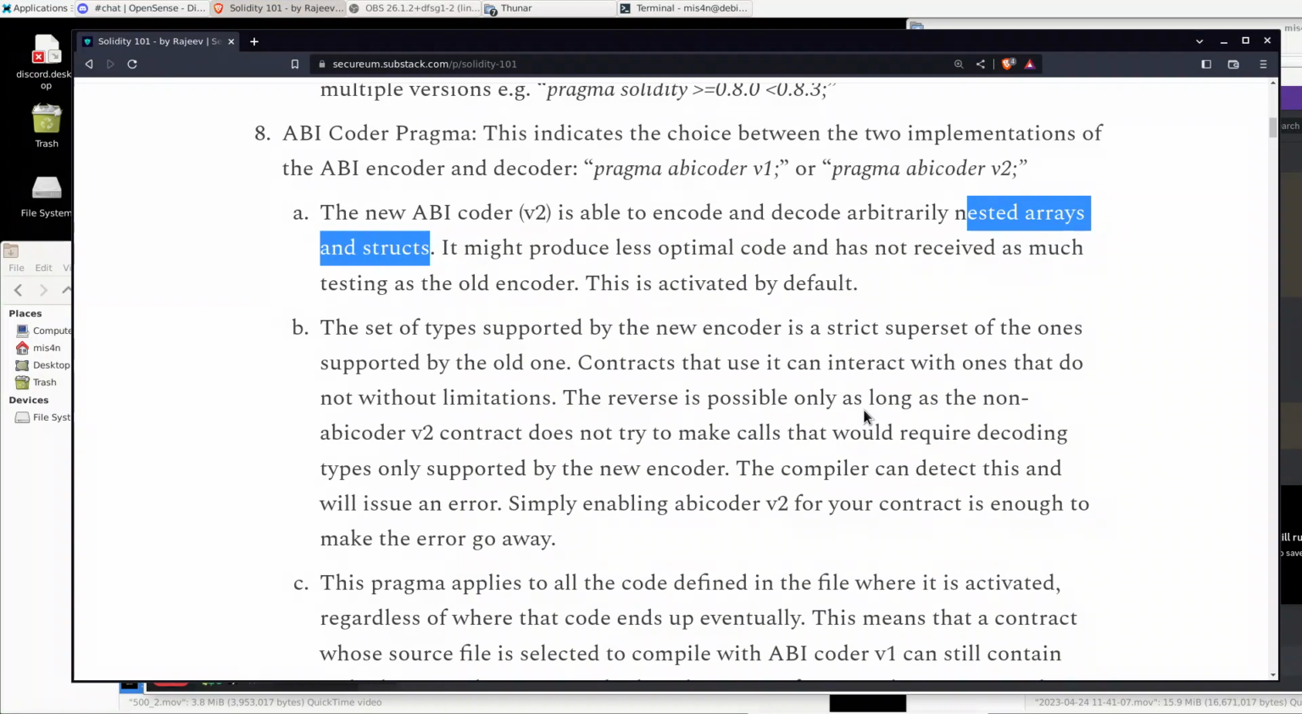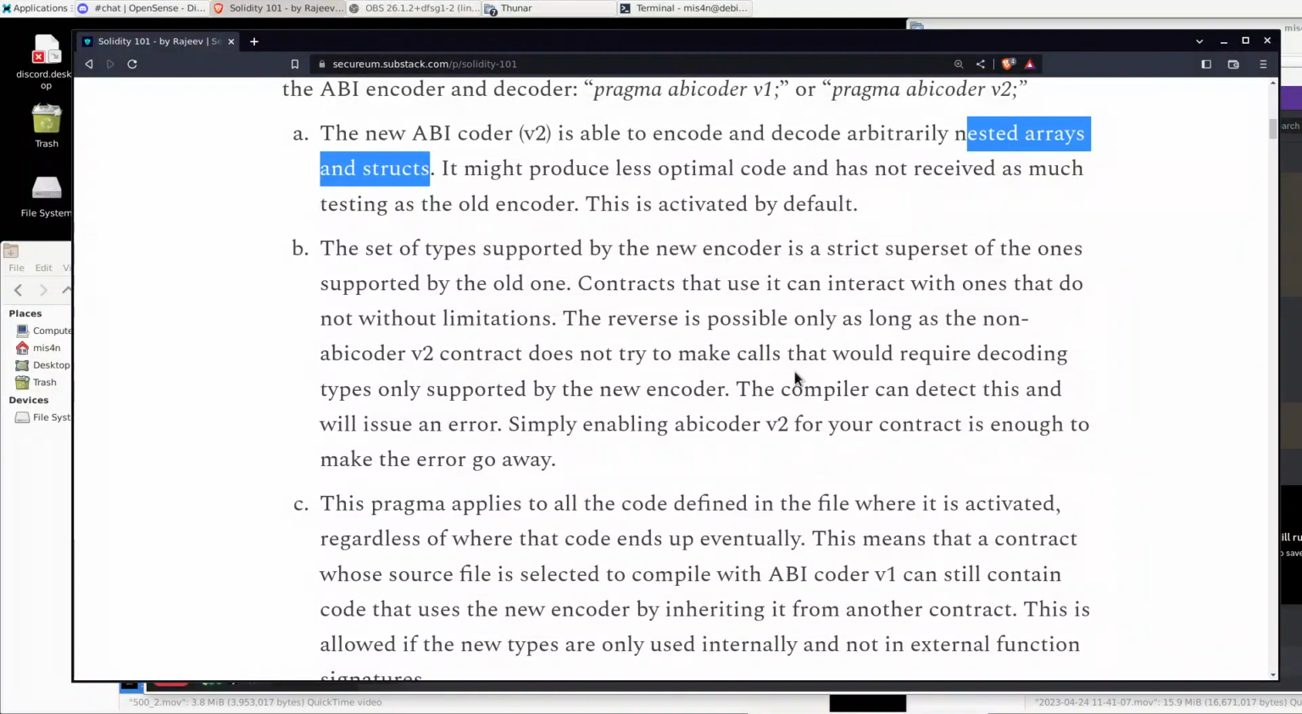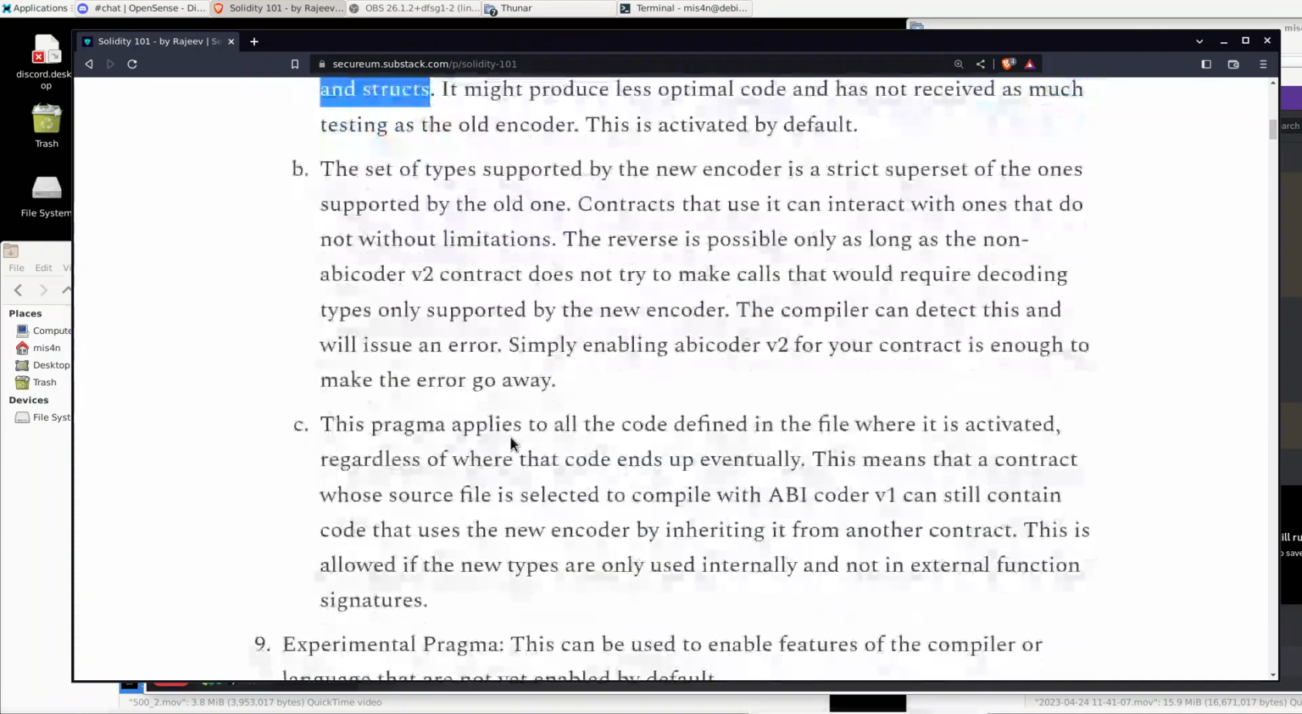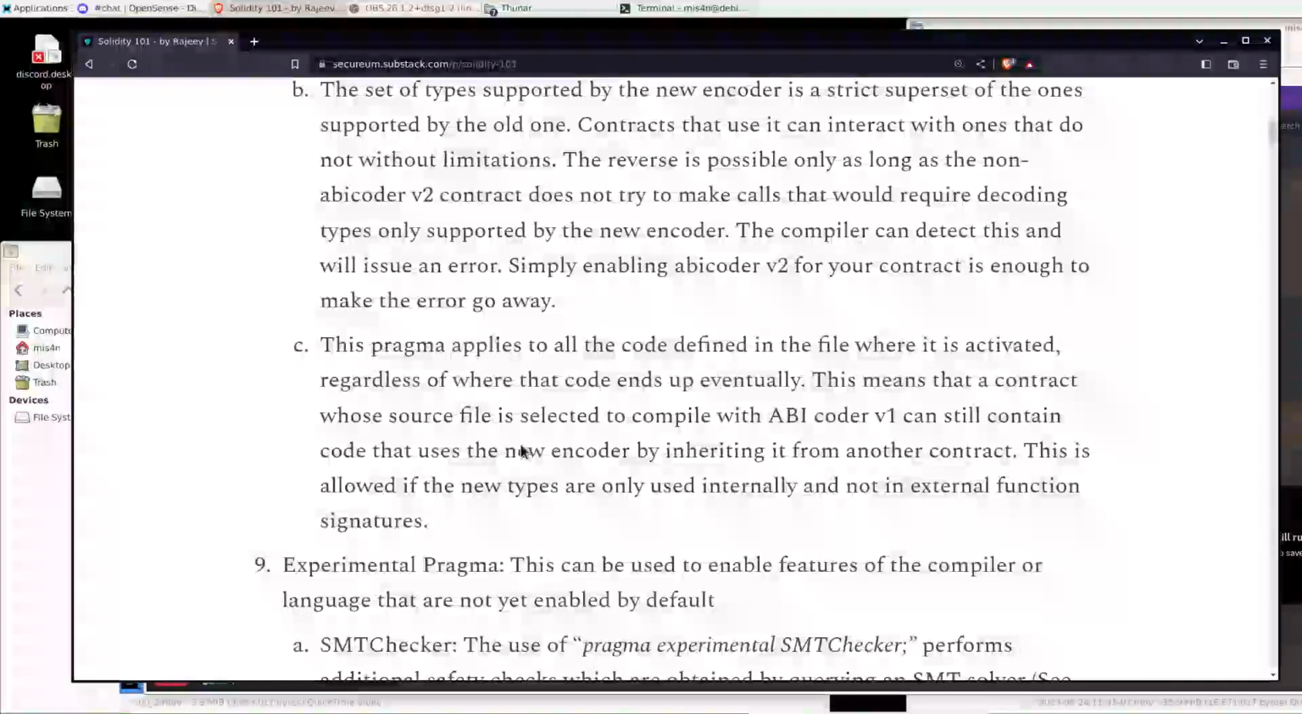So whenever you're using ABI encoding and decoding, be aware everything is compatible, because otherwise the compiler can detect these and will issue an error. Simply enabling ABI v2 for your contract will make the error go away. So if you have a node contract, you can go there, enable the ABI v2, and maybe deploy a new